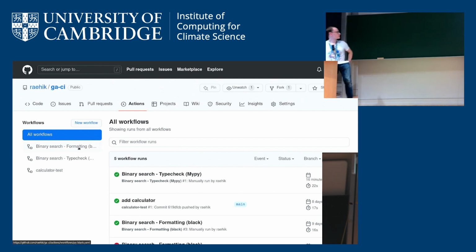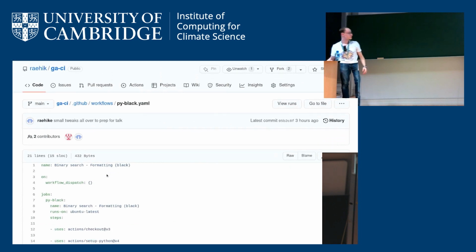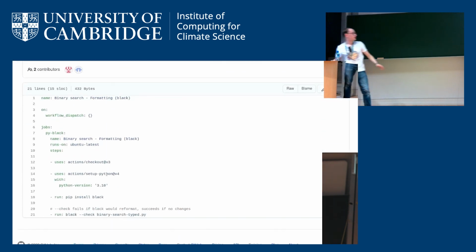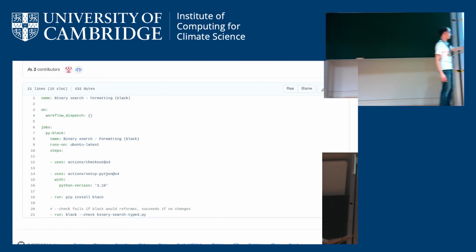Let me show you an example of failing, because I have a slightly different workflow here. Let's have a quick look. You can click on the file name up here and it'll open it. I have an ever so slightly different workflow file here. It's almost the same. We're still using Python. We've got no triggers apart from the manual one. But instead it's installing Black, which is a Python reformatter, and it runs check on a given one of the